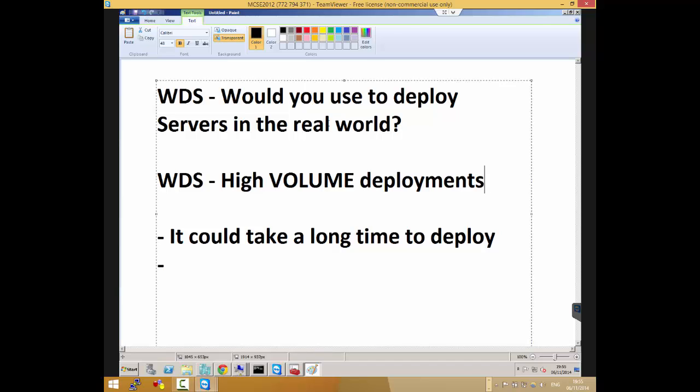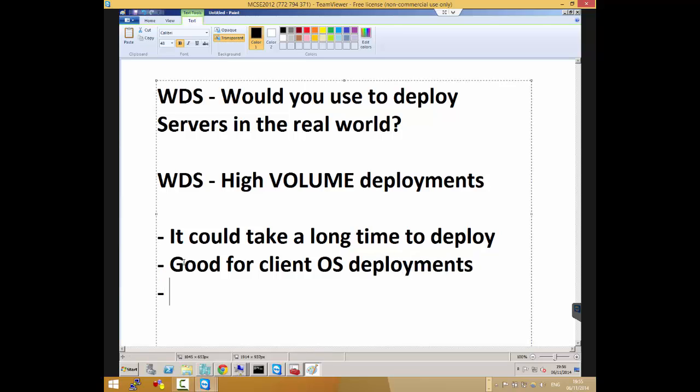Good, another good point, Marco. Maybe for VDI deployment, something that is high volume, not something that you only deploy once in a while. As a system admin, you only get a project once in a while to deploy servers, saying we want these two new servers, and then you have to find the requirements and all that. So that's one good reason. WDS is for high volume deployment, so good for client OS deployment.